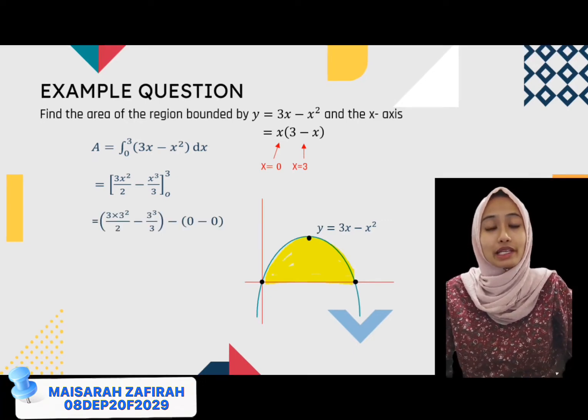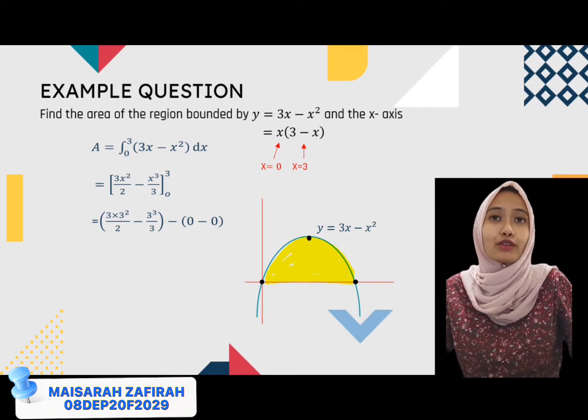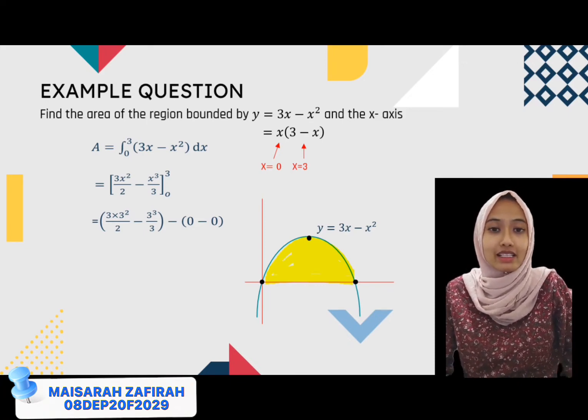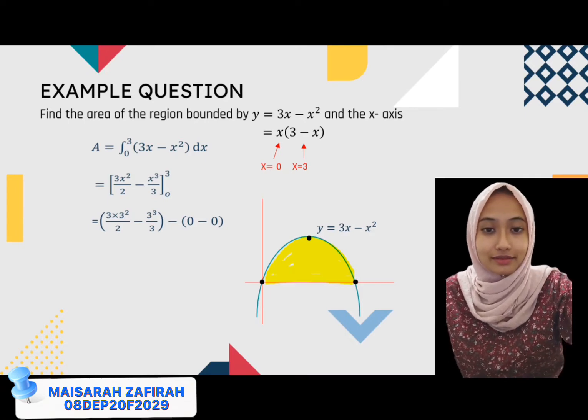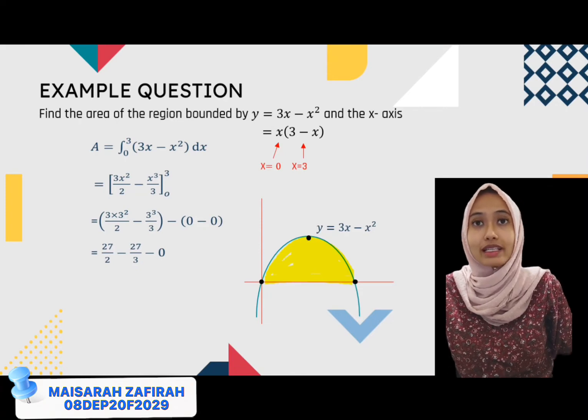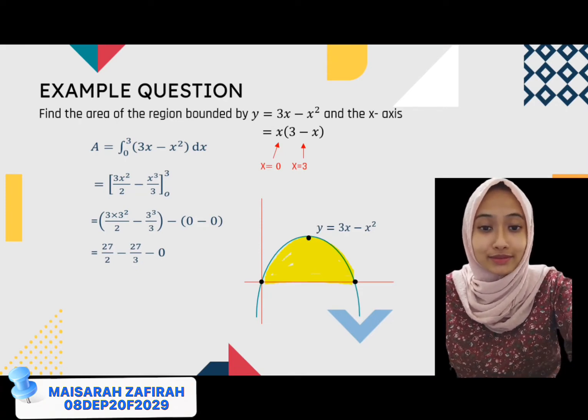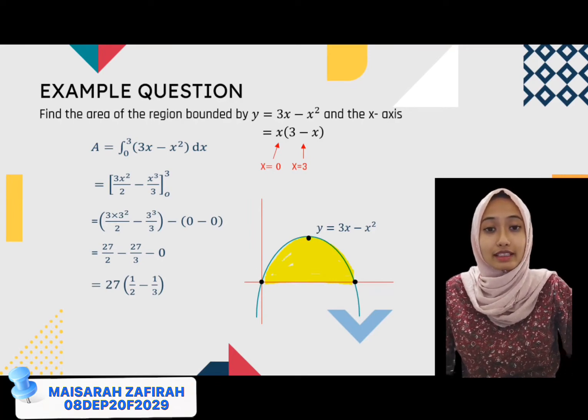So I get 3 times 3 squared over 2 minus 3 cubed over 3, minus 0. Okay, now let us simplify. 27 over 2 minus 27 over 3, take away 0. So now we get the answer of